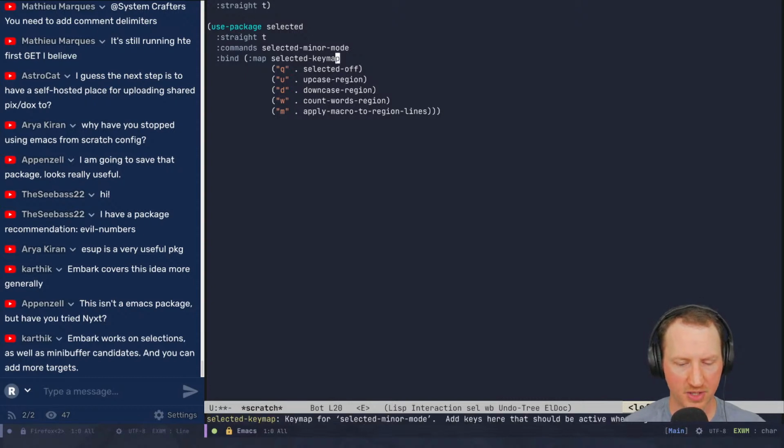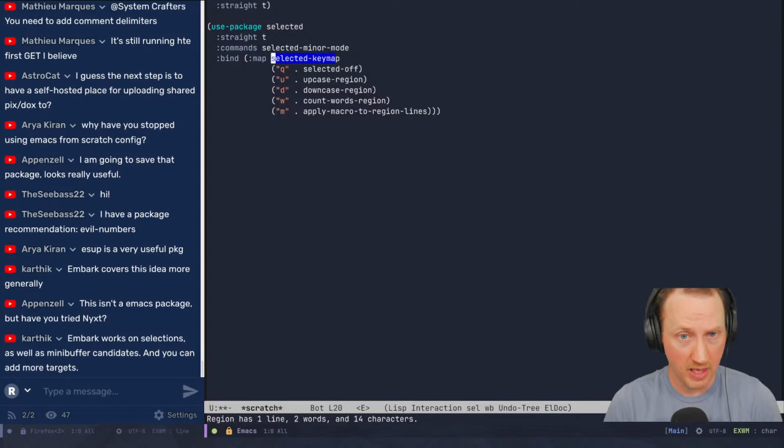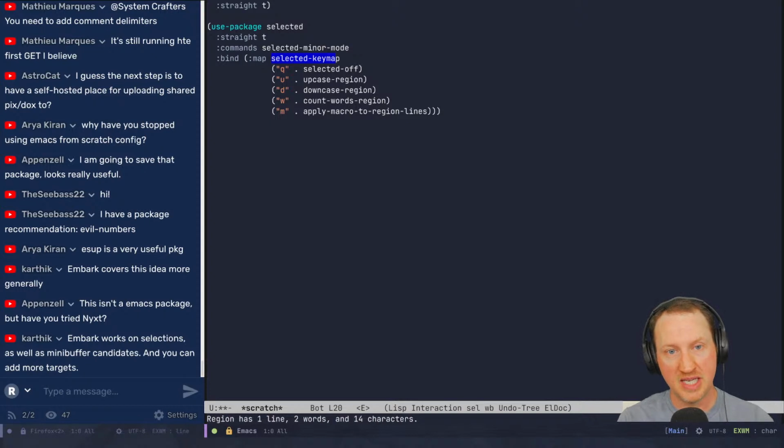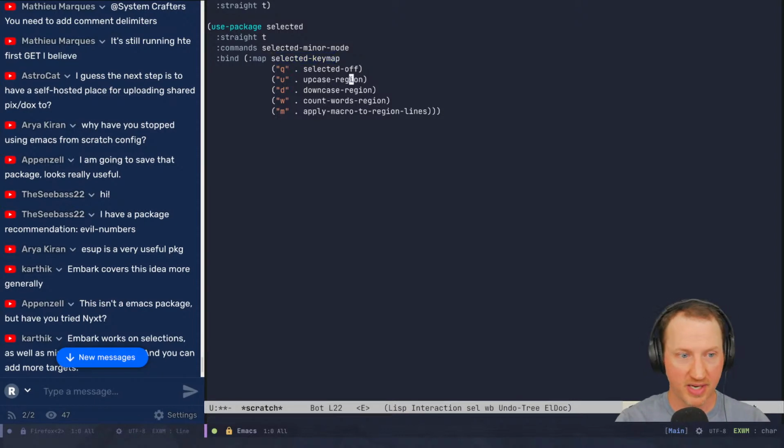Let me also try this as well. So I'm going to hit that and then Control B, then I will say W for count words in region. And it tells me it has 1 line, 2 words. Okay, so that does work. So you basically select a region of text in a buffer, and then this selected key map gets activated automatically. And then one of these letters, if you just press it whenever the text is selected, then it will run the specified command, which is kind of useful, I think, if you do things like evaluate things in a buffer, or maybe you want to run a spell check on a word, or maybe look up a word in a dictionary, or lots of other things like that.